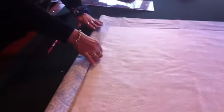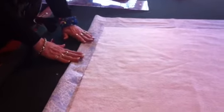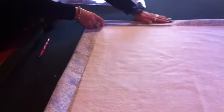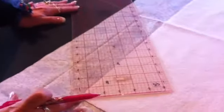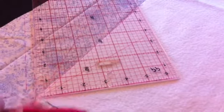Okay, first of all, I would fold these in and press with your fingers. So fold in to the halfway and fold in here. So you're just creating a crease. Then what you're going to do is take your ruler with a 45 on it and you're going to place the ruler so the 45 is on the edge of the blanket